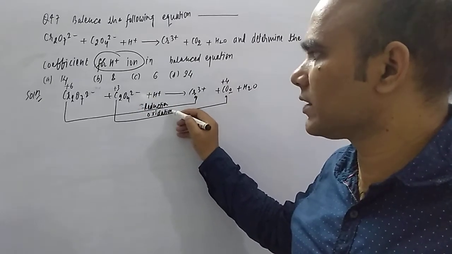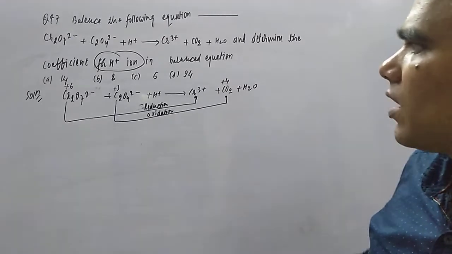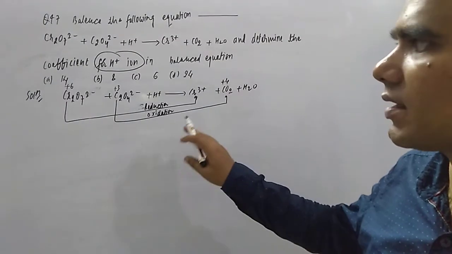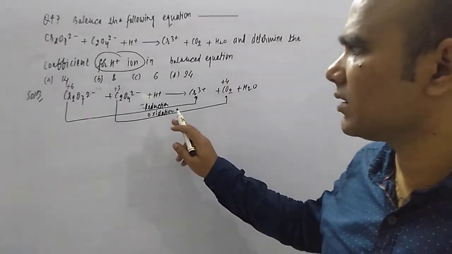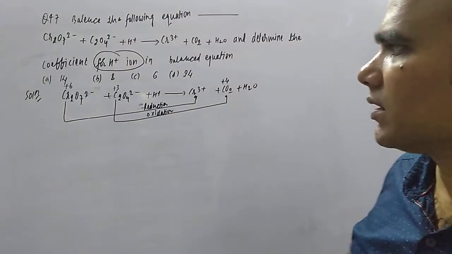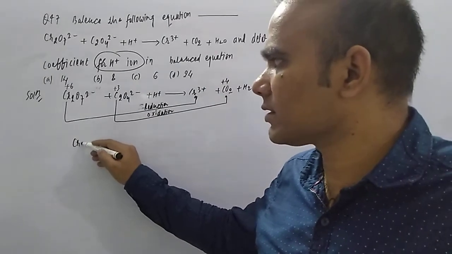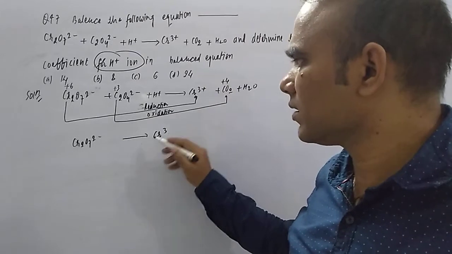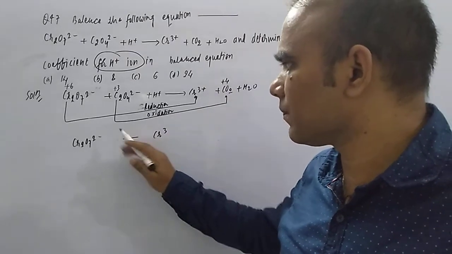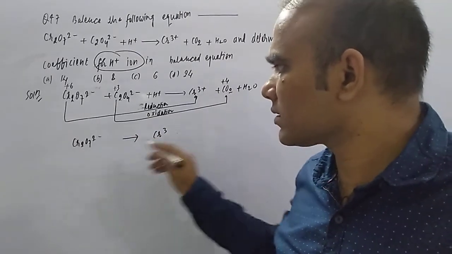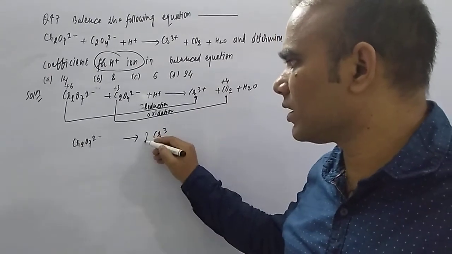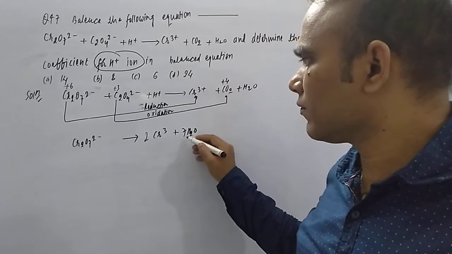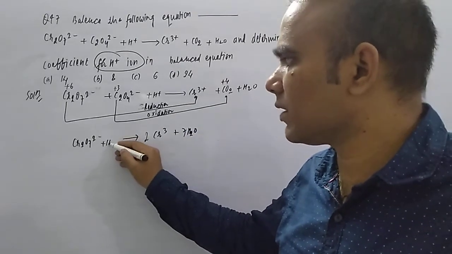Okay, so split into two half equations. If you are not splitting also, you can do it by the ion electron method. But I have learned only up to the ion electron method, so I am not going for the oxidation number method. So I am splitting into two. The Cr2O7 2 minus is converting into Cr3 plus. Okay, so here you see, student, there are 7 oxygens, 2 chromium here and 1 chromium there, multiply by 2, 7 oxygen, so 7 H2O. Okay, 14 hydrogen, so it is 14 H plus.